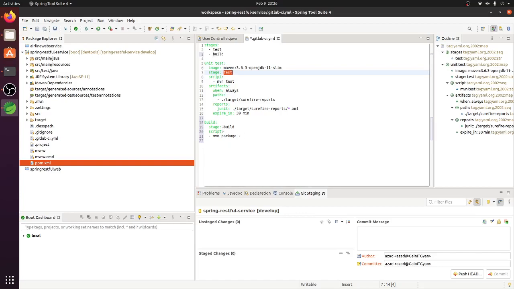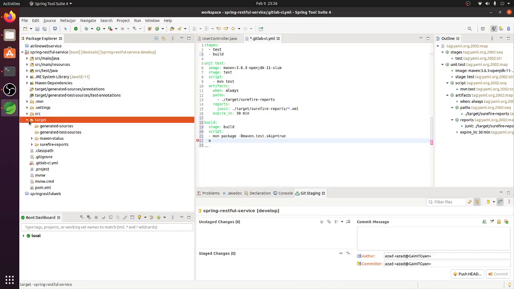So when the build is running, we already did the test, so we want to skip the test here, right? For that we add the maven argument maven.test.skip is equal to true. That's what we have for the script, and then we want to save the artifact that gets generated in the build, and that will be our jar file. That jar file gets generated in our target folder. If you remember, when we do a build here, the artifacts get generated here. So I'll save that artifact,